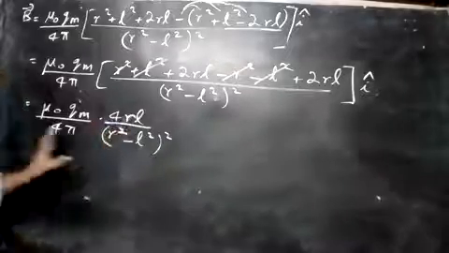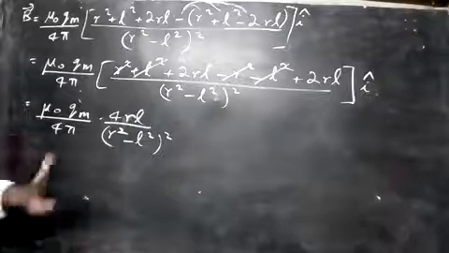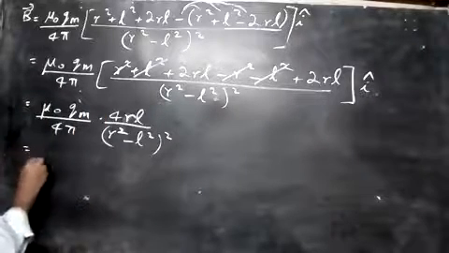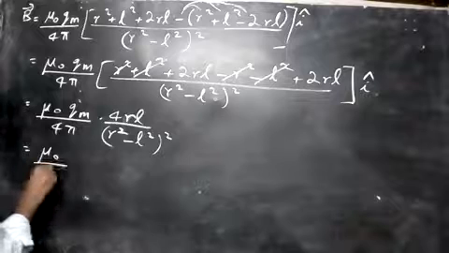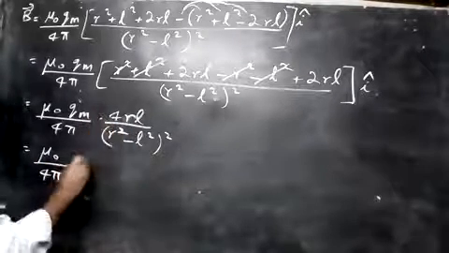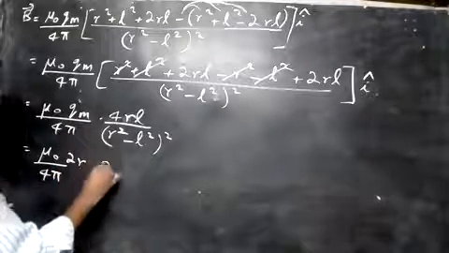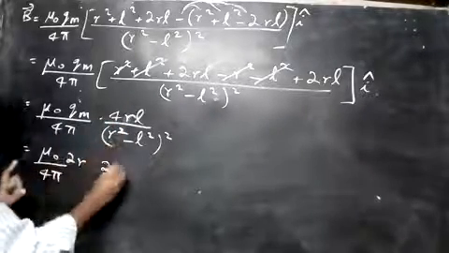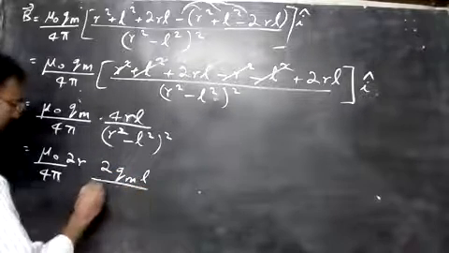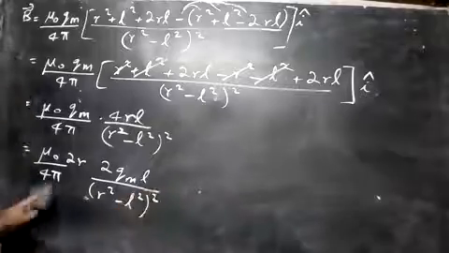Now let's see this. We may think we can cancel the common factor, but no need. We'll just rearrange this in some other way. I'll write μ₀ by 4π, and then this 4r I'll write as 2 into 2r, and then Qm into l, divided by, here down, (r² − l²) the whole square. So now it's like this.